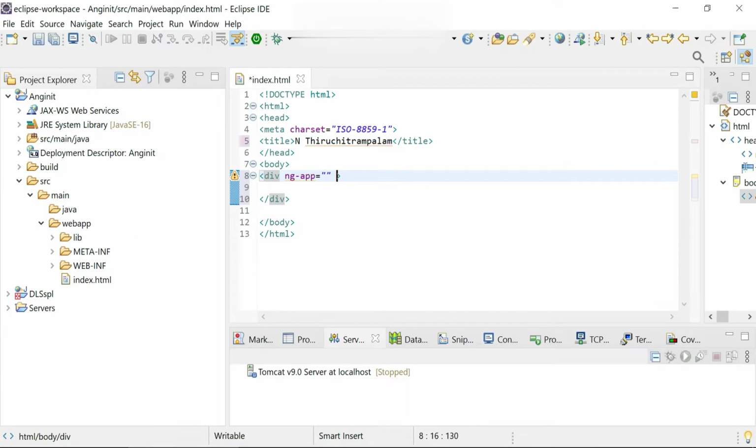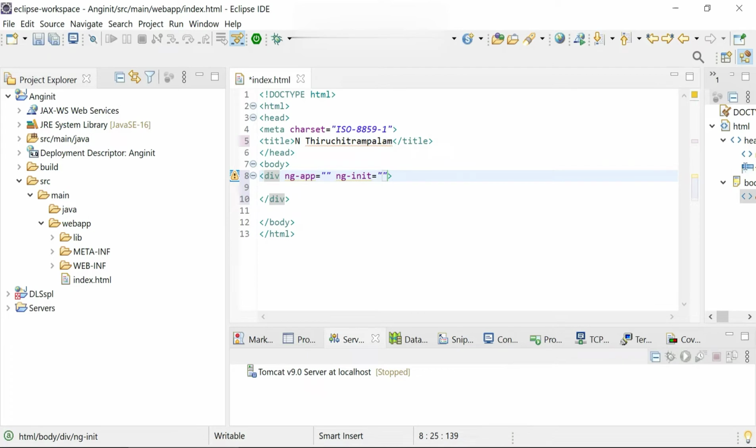Then what I do now, I'm going to make use of the ng-init directive that is used to initialize the application variable. So ng-init equal, double quotes.